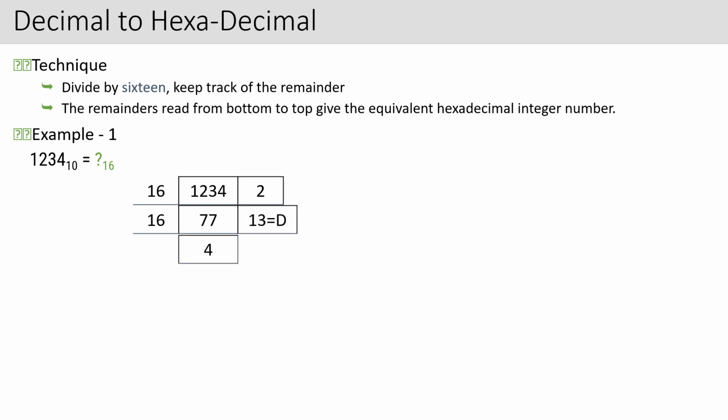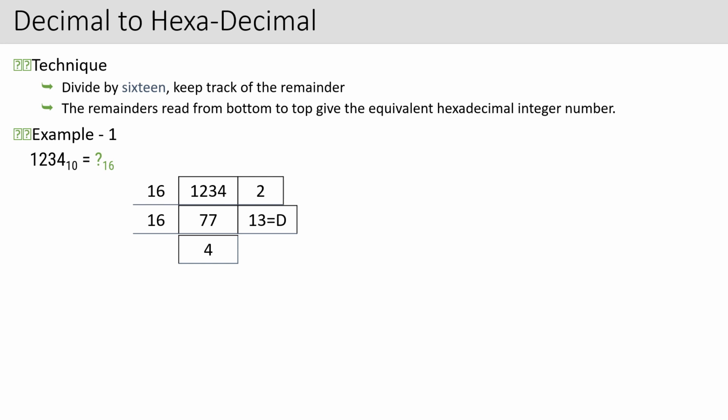Okay, so what is the remainder you are getting? Now this is a very important thing. Here I want to convert this decimal number to a hexadecimal number. And what are the digits present in a hexadecimal number? These are 0 to 9, and after that we have to use the alphabets A, B, C, D, E,